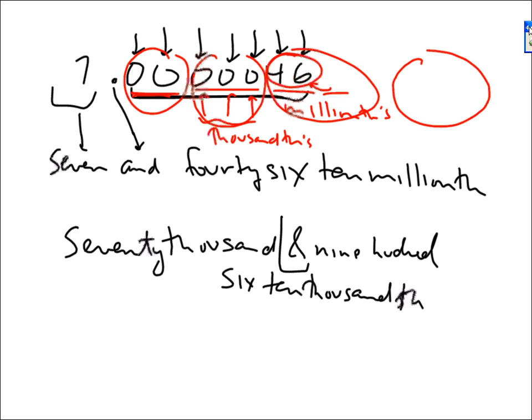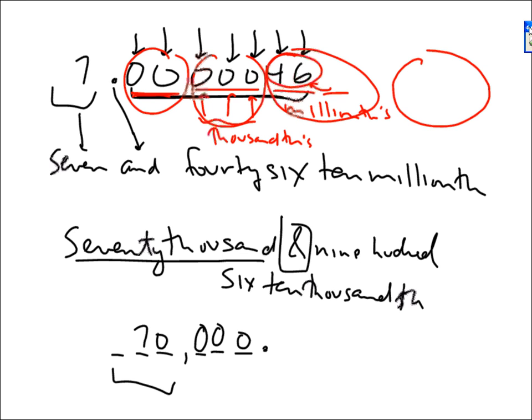Well, there's the word and. That's the decimal. What's to the left is 70,000. Well, the thousands go here. We only have 70 of them. The rest are all zeros. That's just 70,000. Now we have